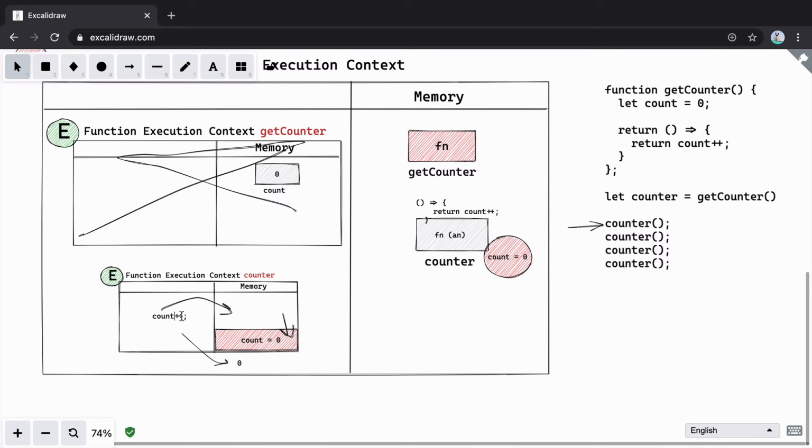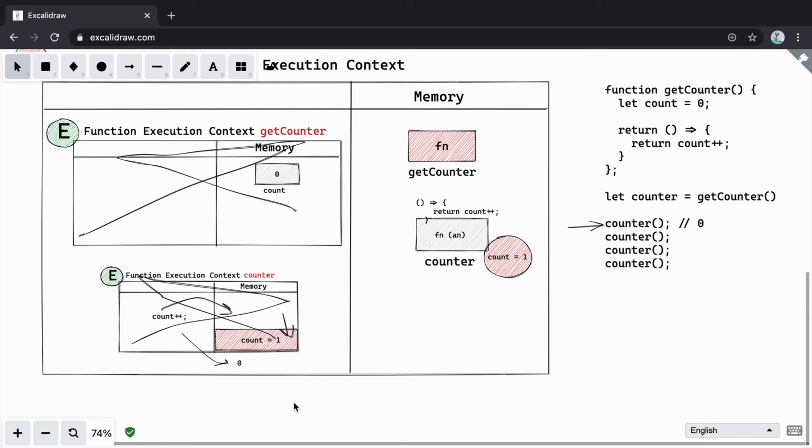And the plus plus operator is a change and assign operator. So it will change the value. Here the value of count will be changed to a new value 1, and that will also reflect here. The value got changed to 1. As soon as that happens, it will get deleted. So for the first time, the output will be 0.